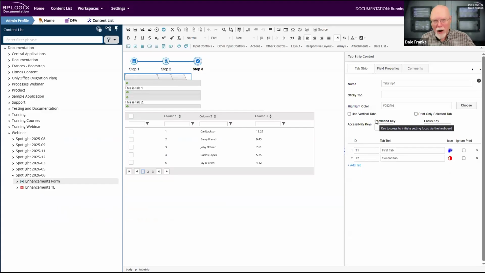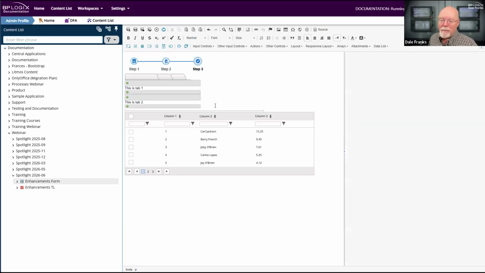As you may be aware, the tab strip control has had a significant evolution since 5.44.1104, and we have changed how it works a couple of times. We've added several new properties, including accessibility properties, highlight colors, and things like that. What we've done in this round is we have just gotten rid of that fixed tab functionality that used to be available for the tab strip control. Now there is an add tab button. So you can kind of cowboy your way through the form, and if you need to add a new tab, then you can just go ahead and do that.